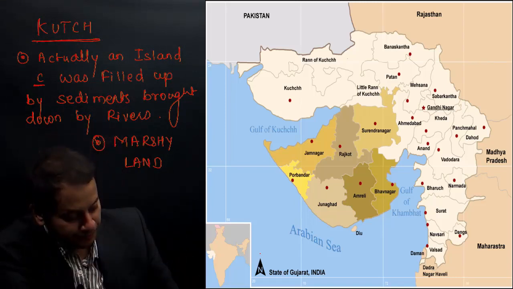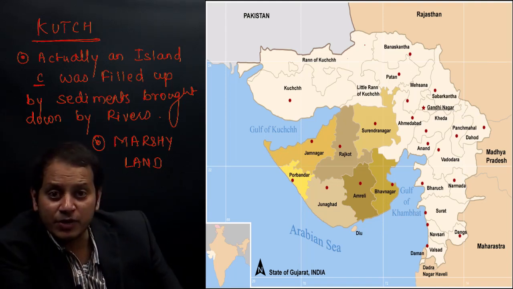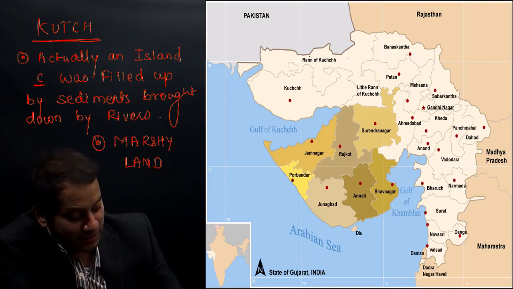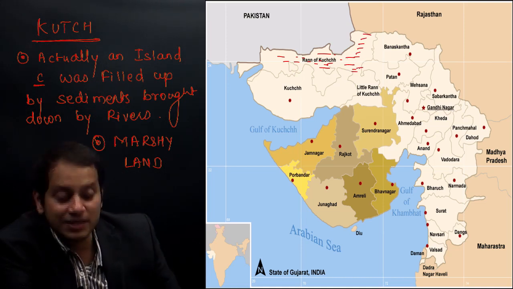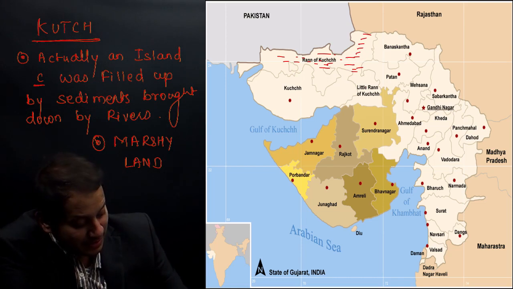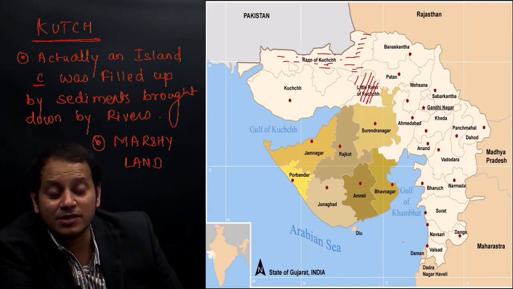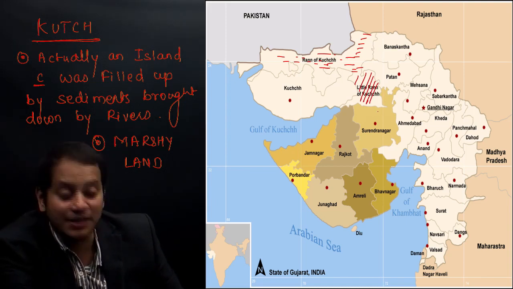See here. How is the Run of Kutch? The Run of Kutch, you can see here, consists of two parts. You can see on the north, near the Pakistan border, there is written Run of Kutch. So this is the Run of Kutch. Also you can see in the map here, there is another area which I am shading now, the Little Run. So it consists of two regions, the Greater Run and the Little Run.